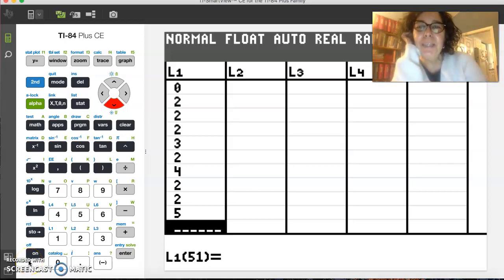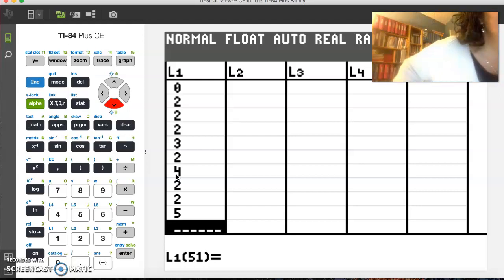Hello, good evening. I wanted to record this video because I had some feedback from some of the students: how am I going to remember the steps that we did yesterday in class, particularly in TI-84? So what I've done, this is my emulator on my laptop, and I have entered the data about